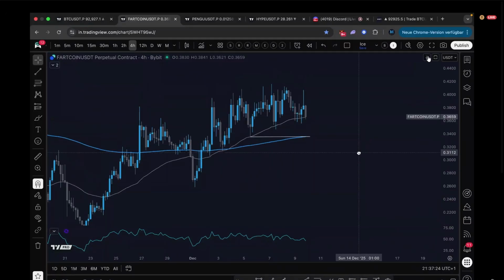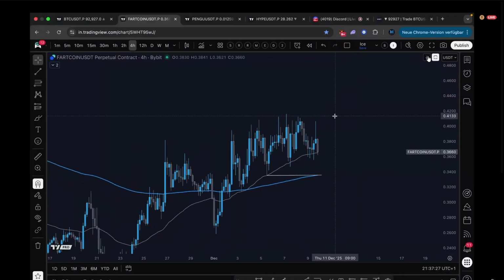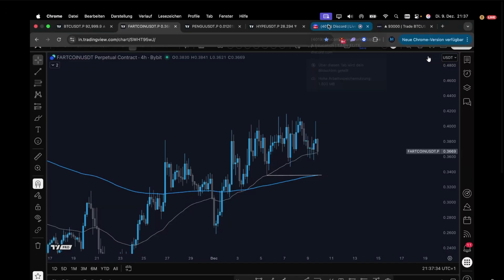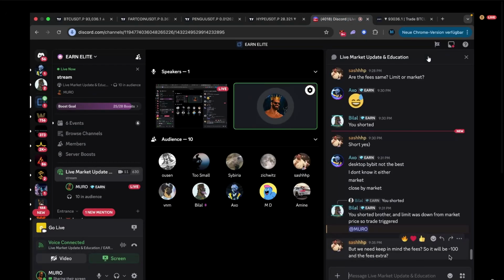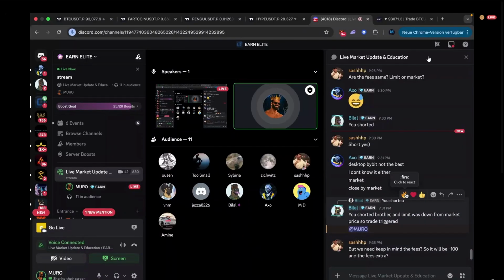The topic, guys, is that we risk 1% in the trades, especially for the new members. I have shown you how to calculate that, and we keep in mind the fees. The fees are also something to keep in mind. Bybit has fees. So if you calculate one time how much the fees are, then you will simply use